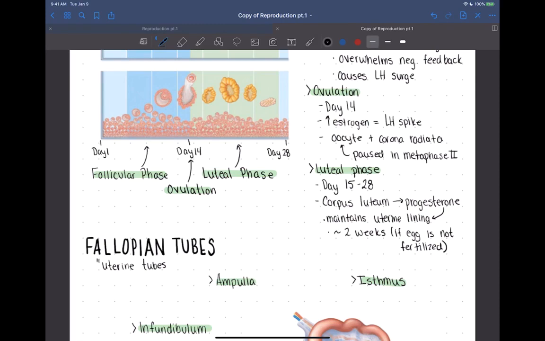So like I said, these cycles are linked by different hormones, but they're occurring in different places. So we talk about them